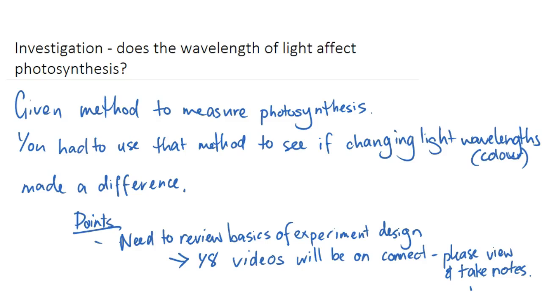Let's do a recap of the experiment Does the Wavelength of Light Affect Photosynthesis? This is not something you can come into unprepared. It's not an easy thing to do. When you come into your first trial of an experiment, you need to have your head around the basic method that you've been given to measure whatever variables that you're measuring, and have an idea of the procedures you need